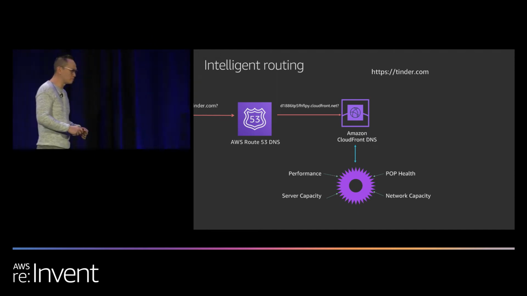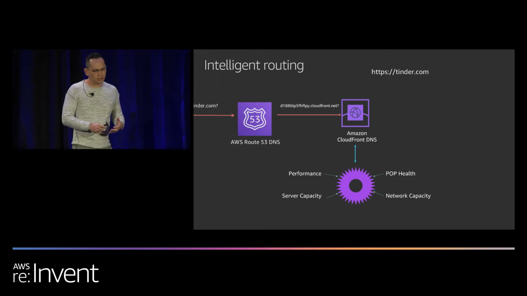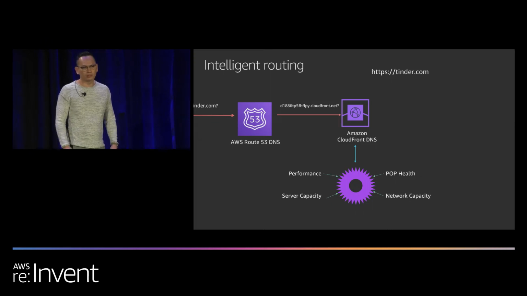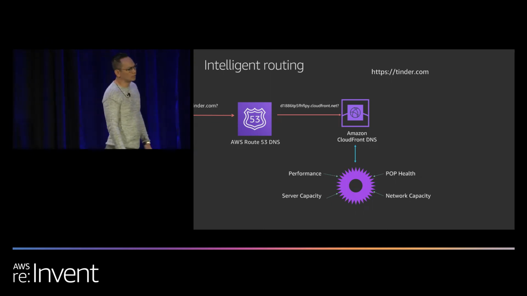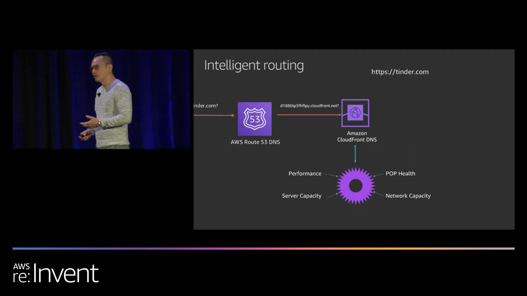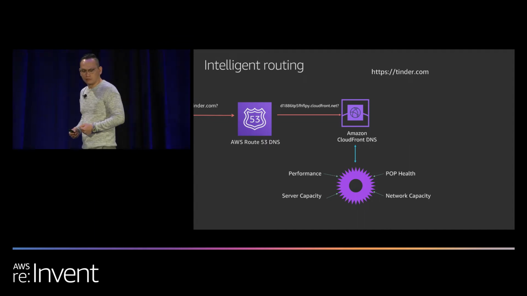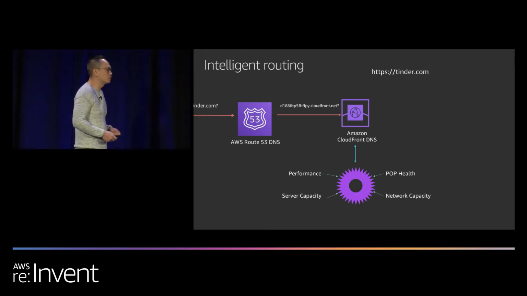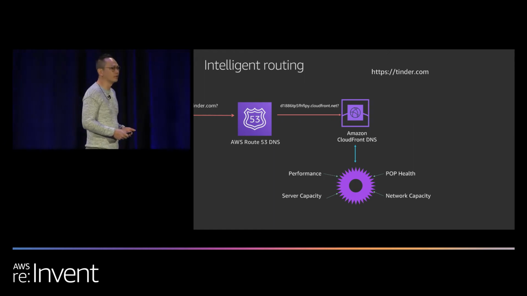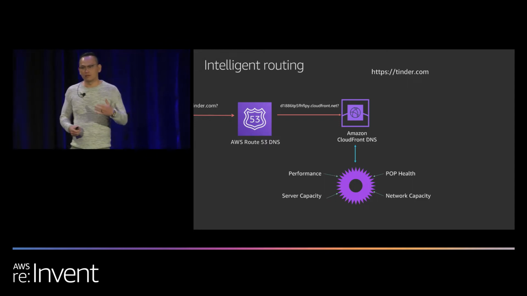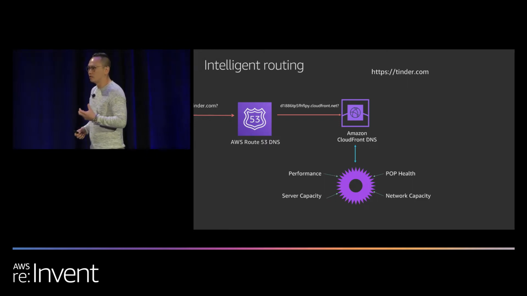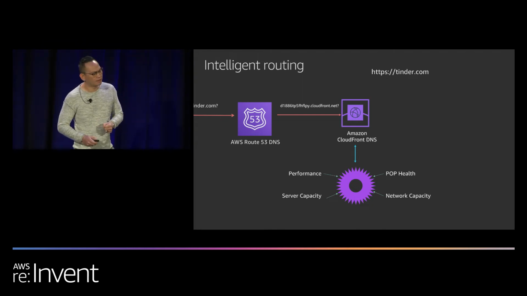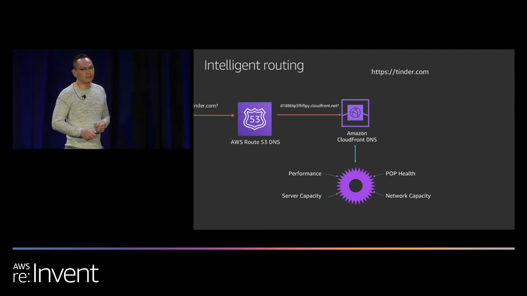The next thing that we're looking at is POP health. We want to make sure we don't send a viewer to an edge location that might be out of service for a hardware refresh, because we're always upgrading our servers, or to a location that is almost overwhelmed, right? We're also looking at server capacity. Within those edge locations, we want to make sure we have enough CPU, I/O, and memory, so that we have the processing power to process that request with the least amount of latency possible. And then the last thing that we're looking at is network connectivity.